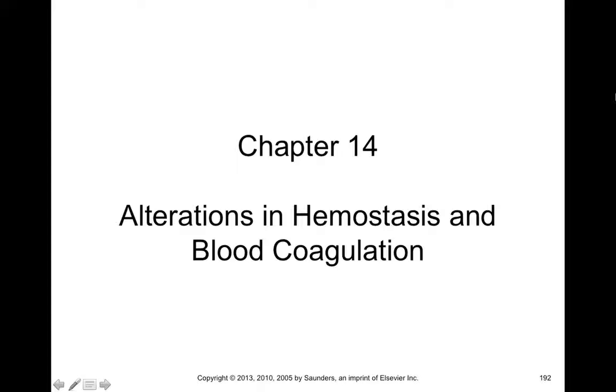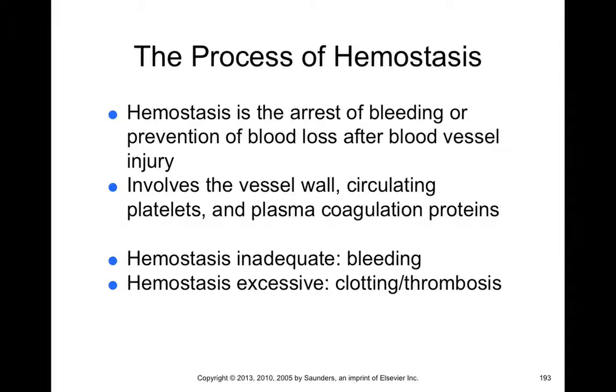Chapter 14, we're going to talk about alterations in hemostasis and blood coagulation. Hemostasis is the arrest of bleeding or prevention of loss of blood from an injured blood vessel. It involves the vessel wall, platelets, and plasma coagulation proteins, many of which come from the liver. Now, hemostasis, if it's inadequate, can lead to bleeding disorders, and hemostasis, if it's excessive, can lead to clotting disorders